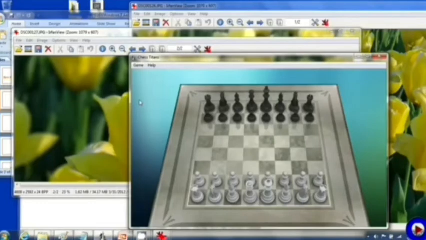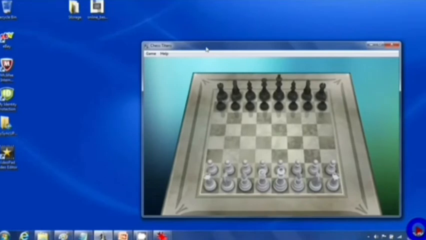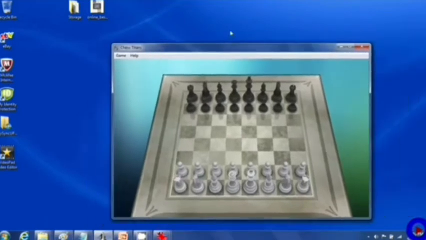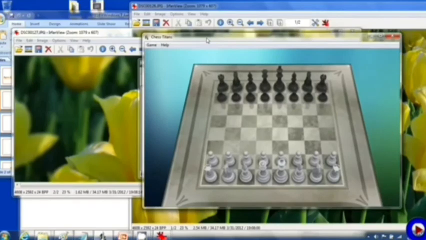Just hold the top of the window you want to keep open using your mouse and give it a little bit of shake, and you will find other windows will drop to the taskbar. Now you get a nice clear view of the window which you want to focus on. If you want the other windows again, you can shake it again. The other windows will automatically be back on the screen in front of you.